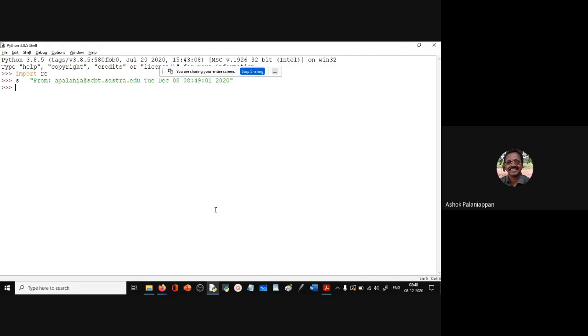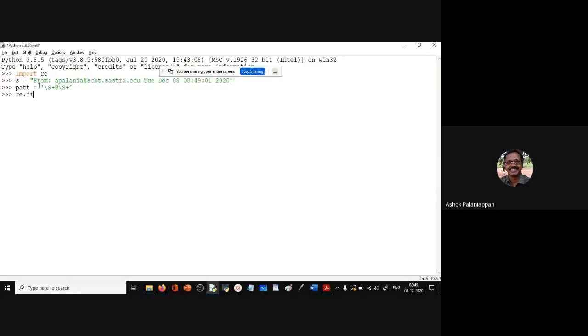So the key part in any pattern matching is to construct the pattern first. Okay, so in the regular expressions, whatever pattern we are trying to match for, the pattern should be carefully constructed using the meta characters that is available to us. So we want to extract this particular email address, and therefore let's define a pattern variable. What is it? The non-white space character at least once, followed by an @ symbol, followed by another set of non-white space character at least once. Okay, and this is my pattern.